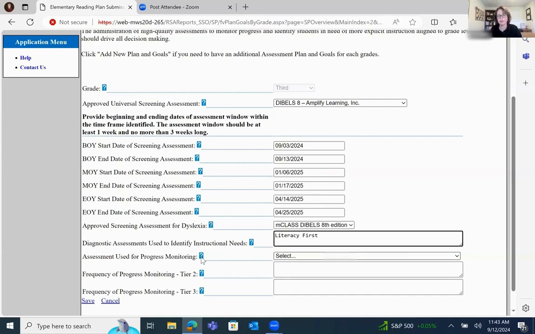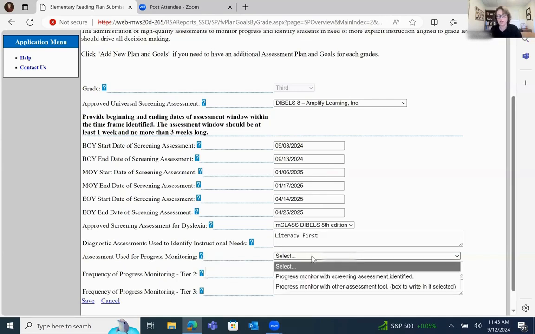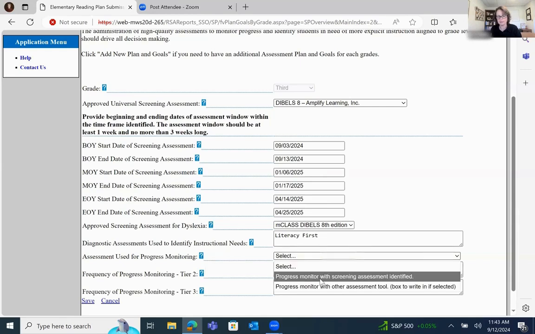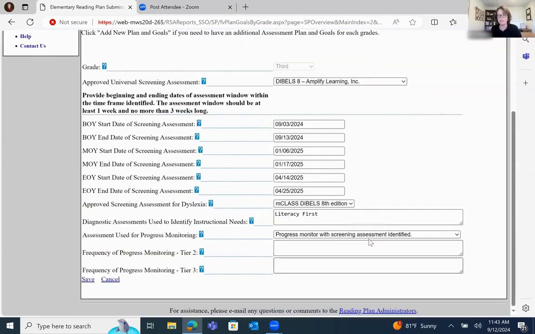And then another new thing is about which progress monitoring assessment you're using. Before we did ask, this might have been on there, but we are going to ask this year, if you are progress monitoring with the same tool that you're using for your universal screening, you would just click this one right here. But for my sample school, I chose to do one progress monitor with a different assessment tool.